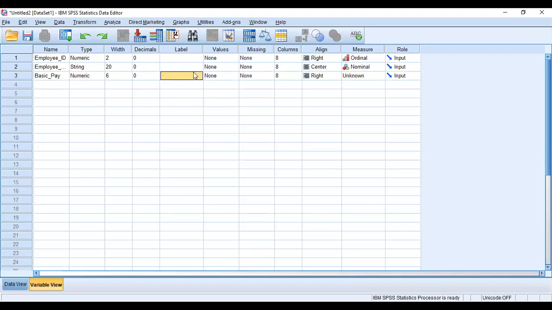Then the labels, values, I'm leaving all those columns. Then alignment, for all the numerical values we'll give right, and for all the string variables we give center. Then basic pay, this type of measure is a scaled measure. Then it is also an input.